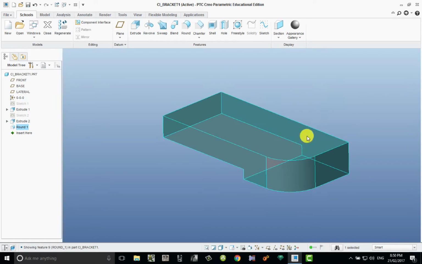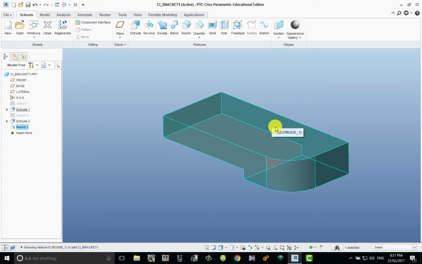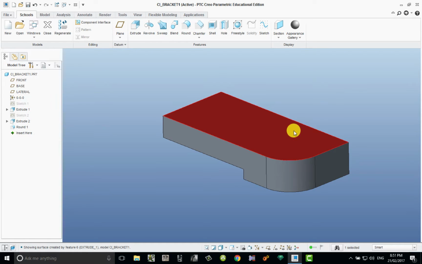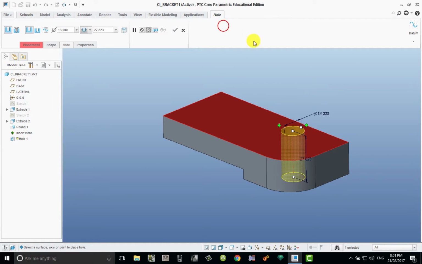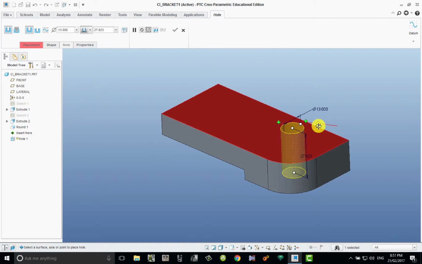You could draw a couple of circles and extrude it in, or there is actually a hole feature, which is probably more technically correct. So what I'm going to do is put the hole onto this surface up here. I click once to select the object, and then I click that top surface to say the hole is going to go onto there and down through it. Click onto the hole feature, and you'll see this hole just appears to be trying to position itself onto that